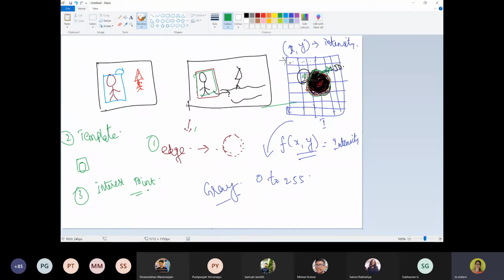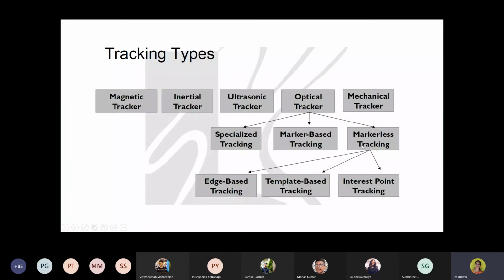Tracking a tree is not our objective because it is going to be a static object, only this object will be moving. So based on the region of interest, you need to check which positions you have to track. So the tracker will track in either of these cases, it uses this method to perform it.